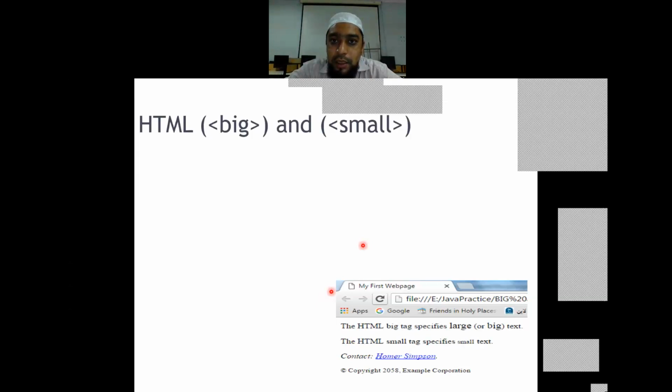So coming to the next, we have got two tags. One is big, another is small. The big tag will not make a huge impact like that of bold to our text. For example, here you can see the HTML big tag's size, and you can see large is written a little different than the previous ones.